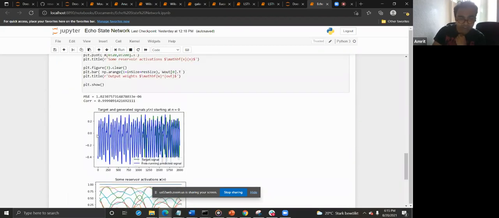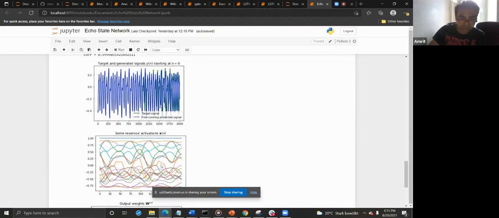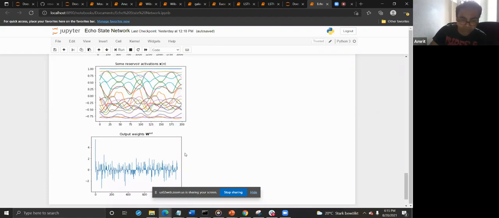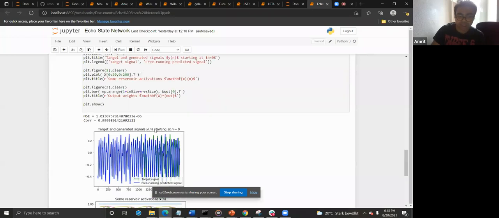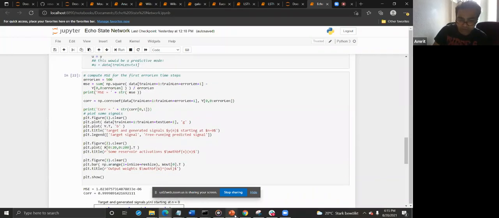So here's the target signal in green, and this is the recovered signal in blue. And you can see that as it goes longer and longer, the green and the blue start diverging. So the memory gets worse over time, basically. And the reservoir has some crazy activity, and the out matrix also has some structure in it, but she doesn't focus on this or on this. She really just focuses on how much can we generate back. And her main question in all of this,